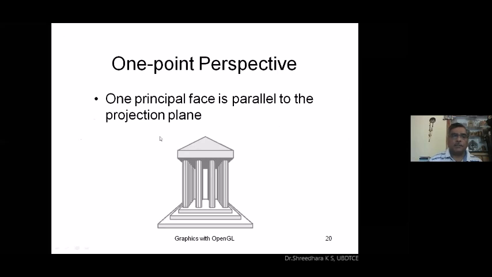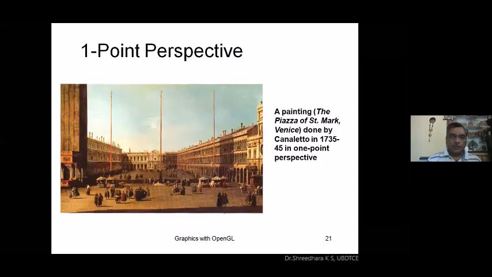If you observe this picture, only one principal face, whatever you choose, is parallel to the projection plane. This is the diagram. So if one point perspective is used, the art created using the painting concept looks like this.